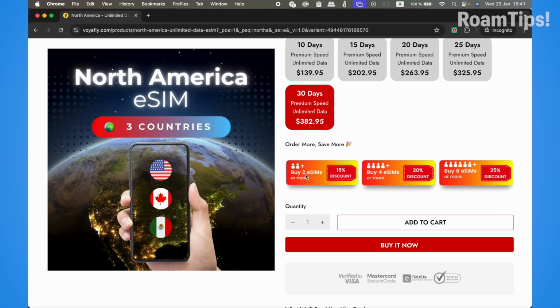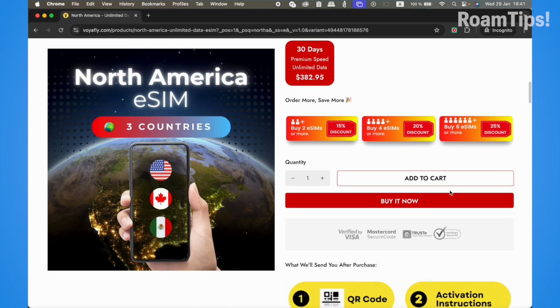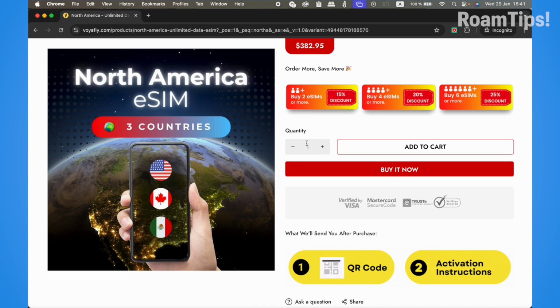Order more, save more. Buy 2 eSIM, discount this. Buy 4 eSIM, discount this. Buy 6 eSIM, discount this. Nice, it's very nice. Okay, buy one position and click on add to cart or buy it now. And for instant activation of the eSIM, click on buy it now